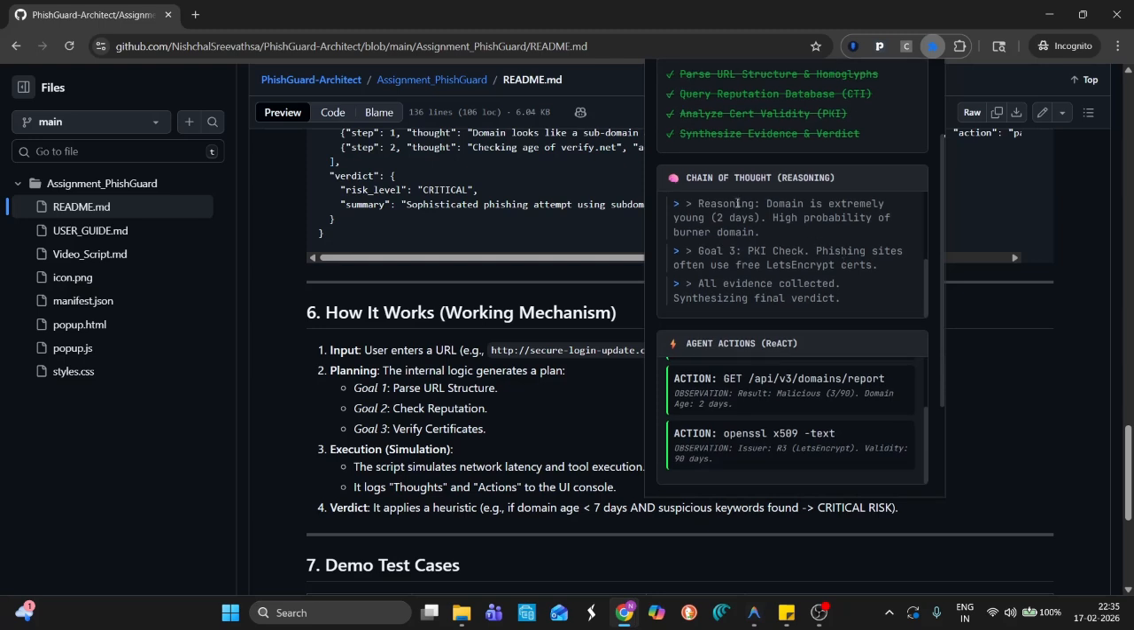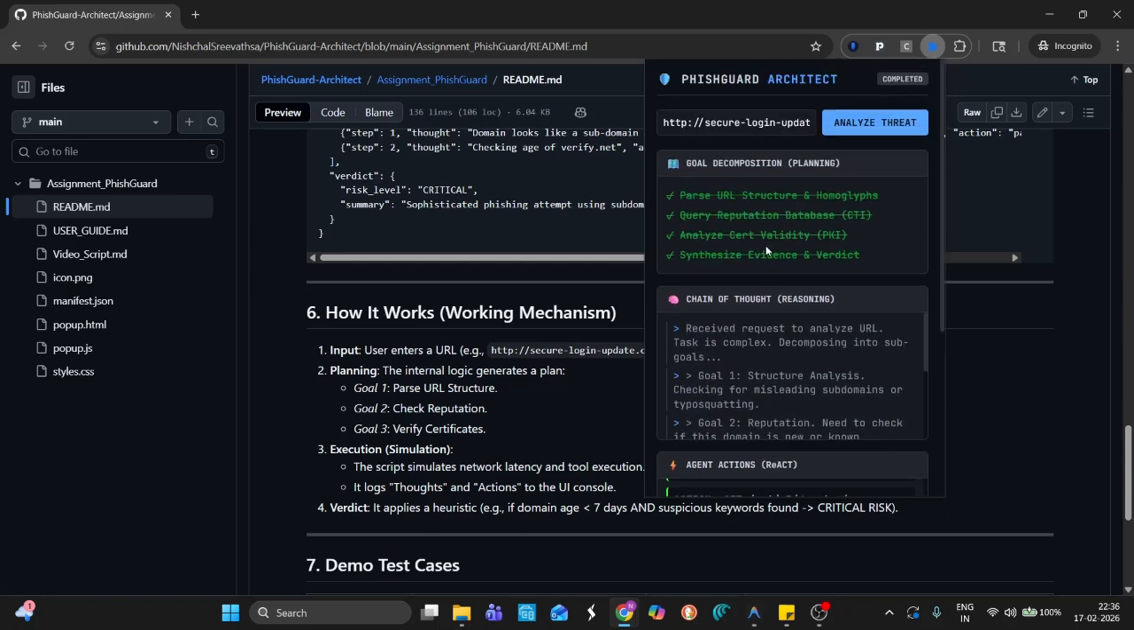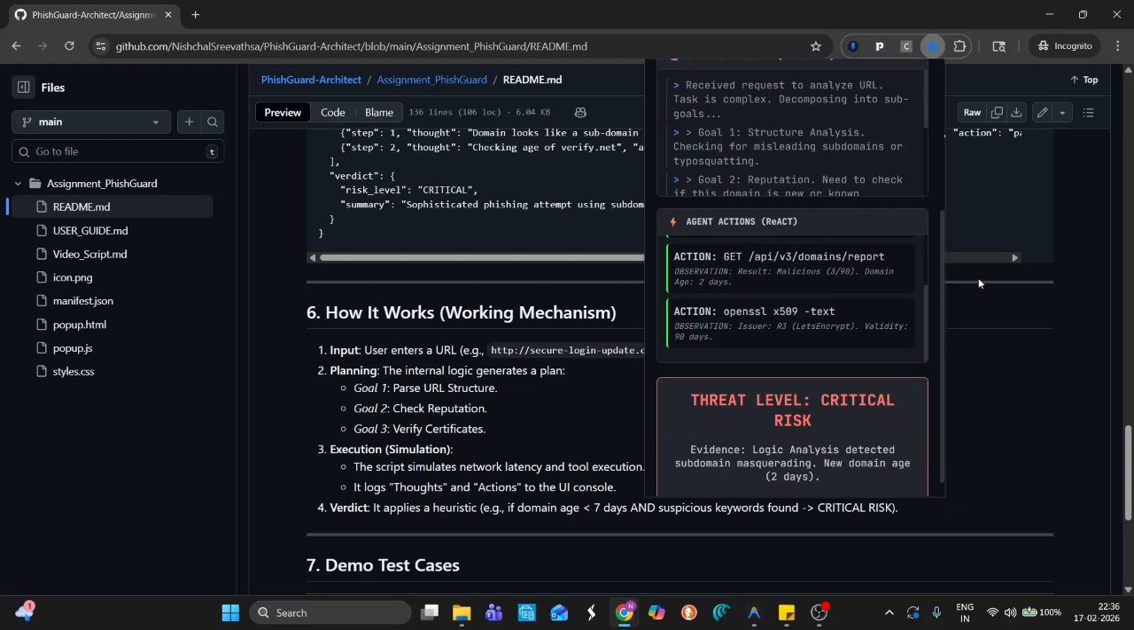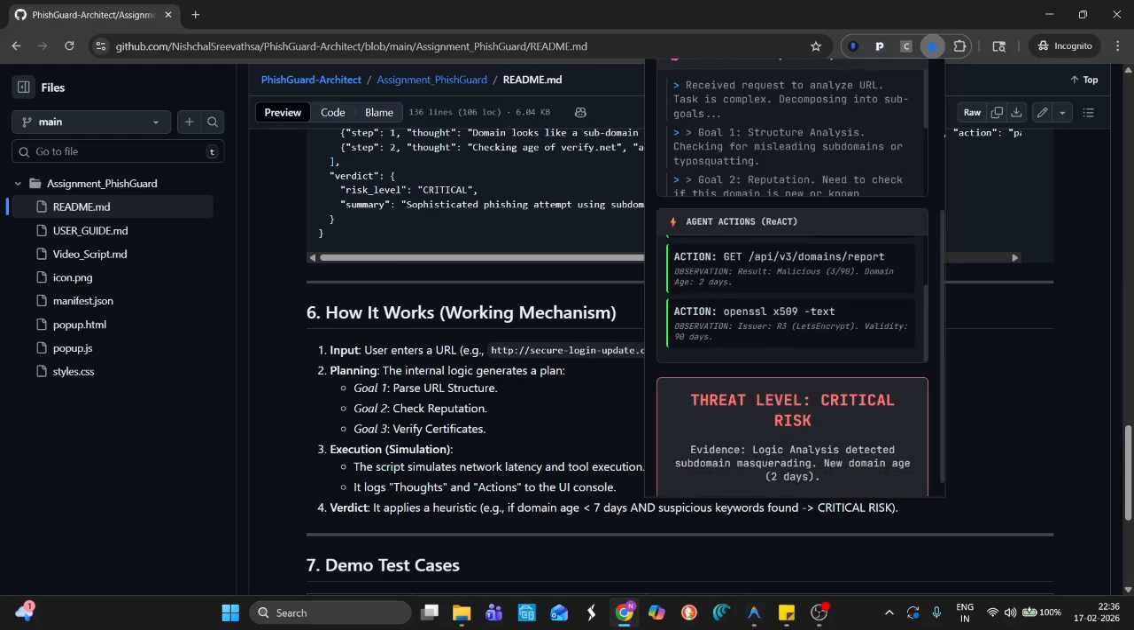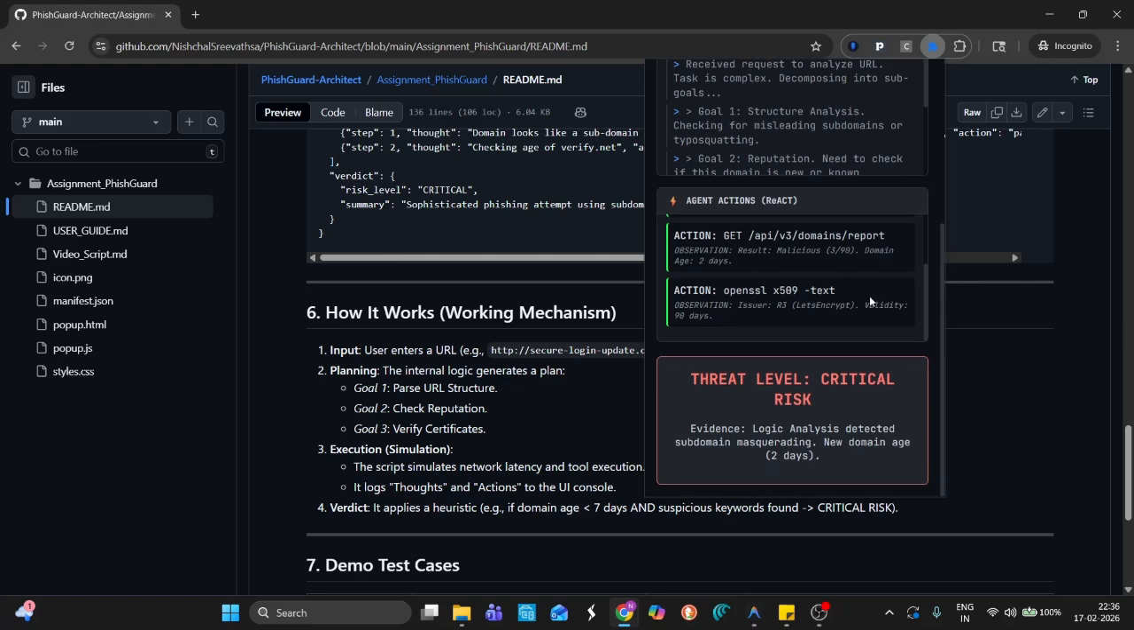Then it goes into the chain of thought, that is reasoning. It immediately spots the anomaly: wait, the root domain is verifyact.net and not secure-login-update. Now the ReAct loop. It decides to check the domain age, querying Whois, and the observation. See over here, all those details, and it shows the domain was created